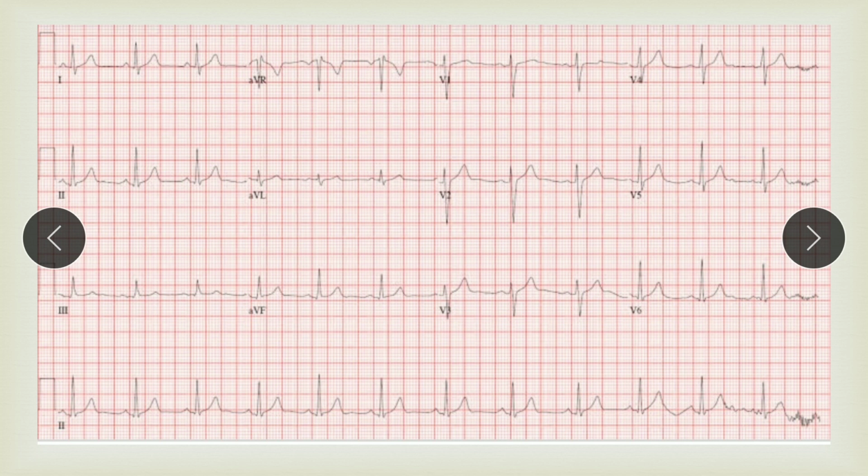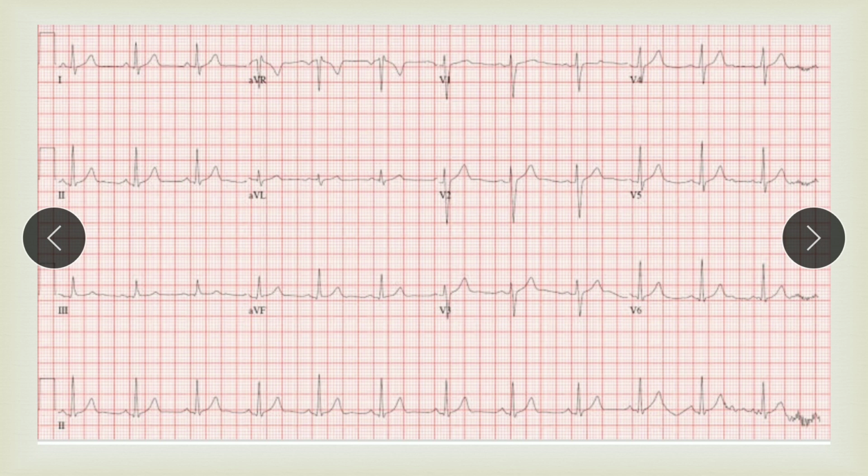In a normal ECG, you can see in the chest leads, that is precordial leads, the R wave amplitude increases from V1 to V6. At the same time, the S wave decreases in amplitude as we move from V1 to V6. The R wave increases whereas the S wave decreases, so that by the time we reach V5 and V6, the S wave becomes so small that it is negligible. This is one of the normal features.